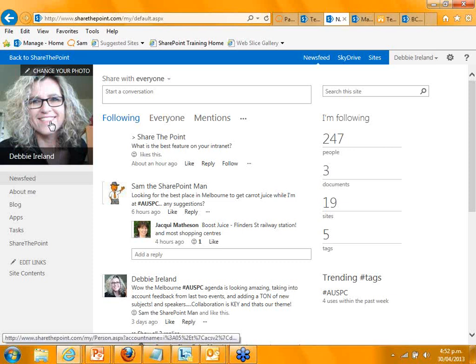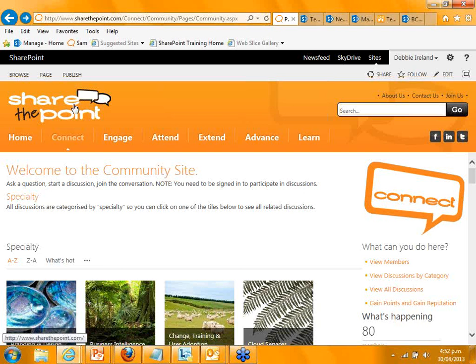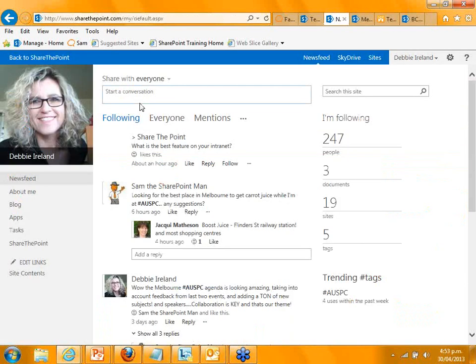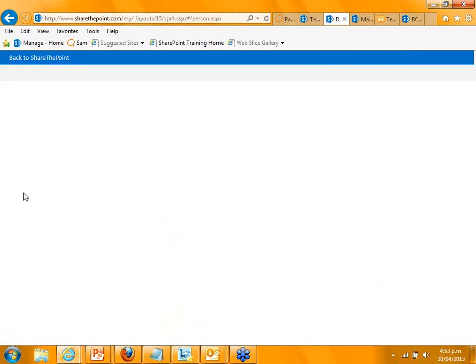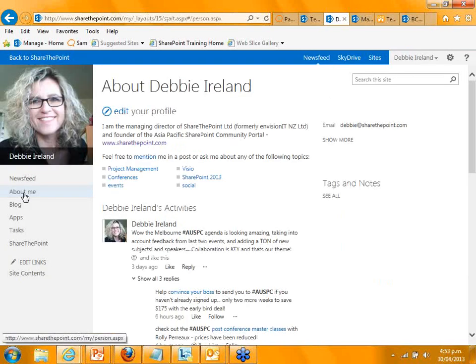Now with this, you can actually go ahead and create your own site, by the way. If you go to the Share the Point site and go to Join Us, you can create your very own My Site here. It's all free, it's a community site, but just to have a play with what SharePoint's about, by all means, go ahead. What this does is it says, okay, this is my site, and everyone in the organisation, or whoever you want, can have one, whoever's got a logon to your network.